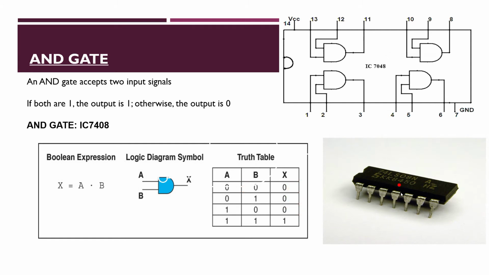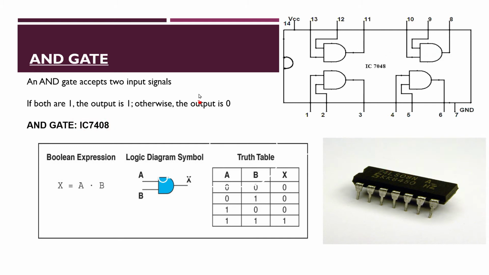In the case of the AND gate, as I already informed you, we can differentiate the logic gates in terms of the number printed on the top of the gate. In this case it is 7408. You can just eliminate the alphabets and take the number alone. 7408 is the number mentioned over here. So the IC number of the AND gate is IC 7408. This is how you identify the logic gates based on the number printed on the top of the logic gates.